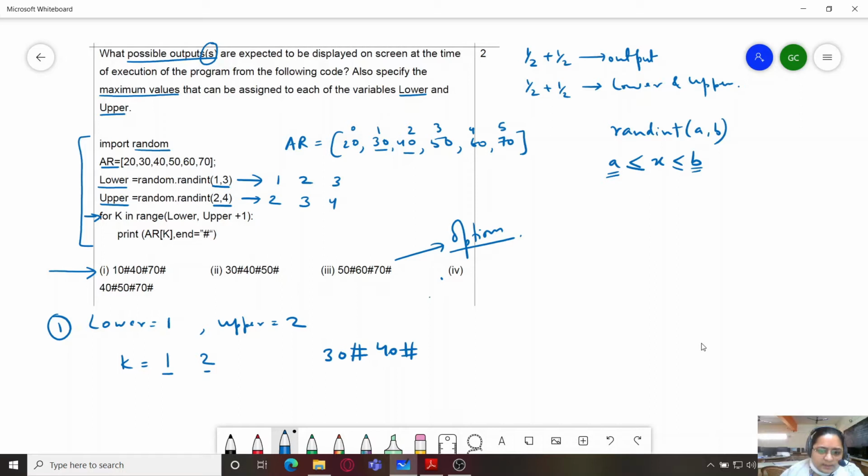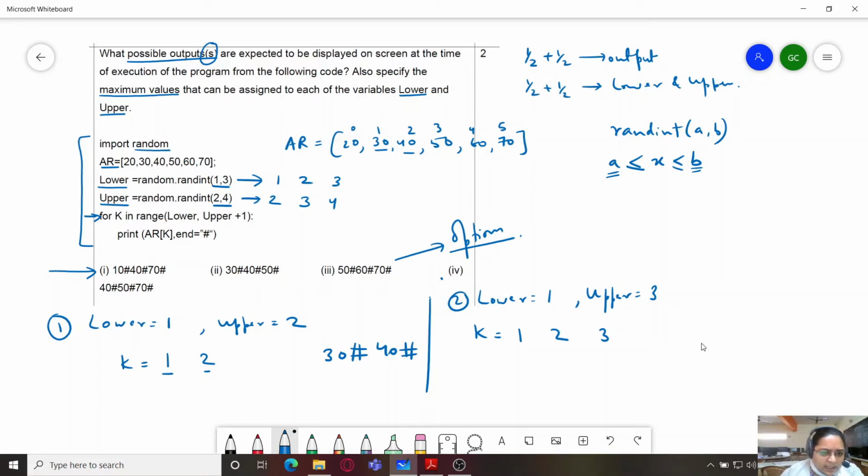Now let us see it for the second combination, where lower is 1 and upper is 3. So k will be in the range 1, 2 and 3, because upper plus 1 has to be there. So you can already eliminate one of the choices.